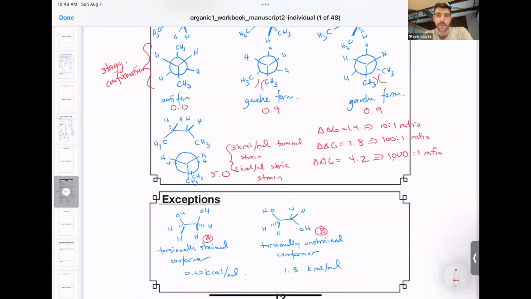I recommend that you make a Newman projection and test your understanding of this, and then come back to the video and try and understand why the torsionally strained conformer is lower in energy than the torsionally unstrained conformer. So now when we look at this structure of the torsionally strained conformer, indeed, you have all eclipsing interactions. But when you obtain all those eclipsing interactions, these two alcohol groups are as close as possible to one another. So there you can have an intramolecular hydrogen bonding interaction. So the hydrogen that I'm circling here is being stabilized through an intramolecular hydrogen bond. Because hydrogen bonds are relatively strong, this overwhelms the preference for this molecule to be in a torsionally unstrained, staggered conformation.